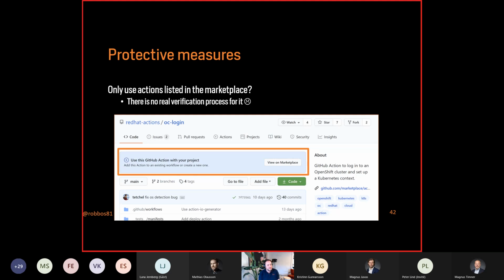Well, the hard part is there's no verification process around it. I've even tried to figure out if there was any that I could find. So I created my own action, and within minutes, it's free to use. If it's inside of a public repository, the workflow will pick it up, and will try to compile that repository for you and run the action. So there's no verification process at hand. They do every once in a while try to scan all the action projects, but that's about all you can find that GitHub is doing to protect you.